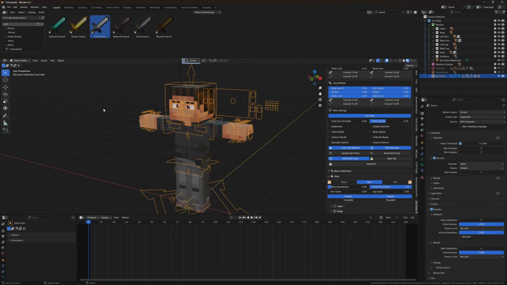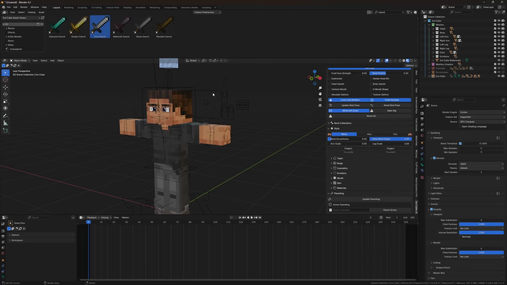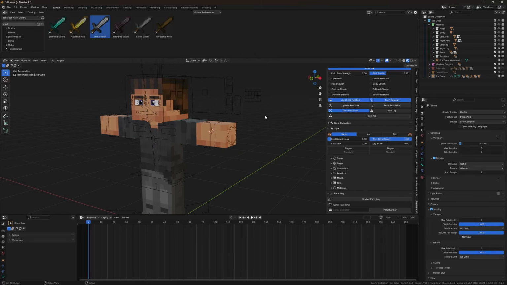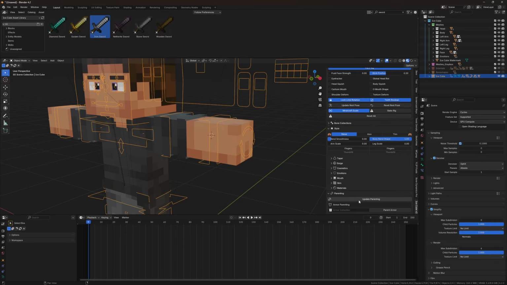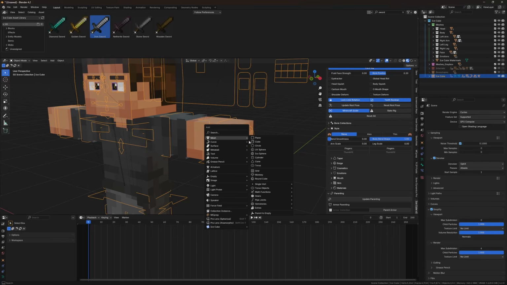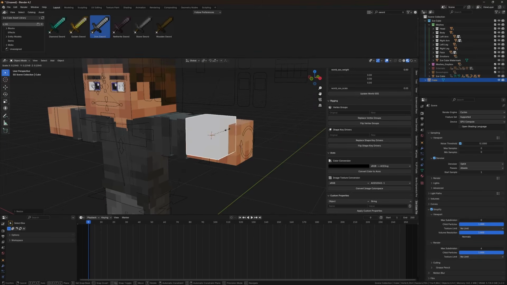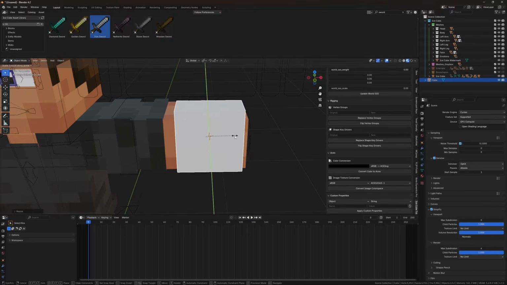And that is a way to improve performance. So as you saw just now, we could put the sword at the top, and we could parent it to our character. As you saw before, we could append the sword and parent it to our character using the twist bone. But now, if I want to add an actual object to my character that will distort when the arms bend and everything,